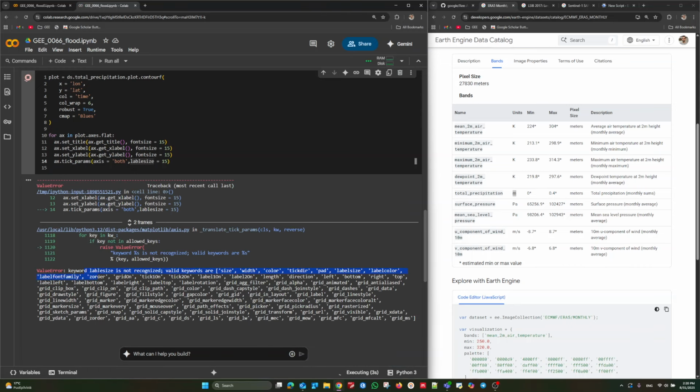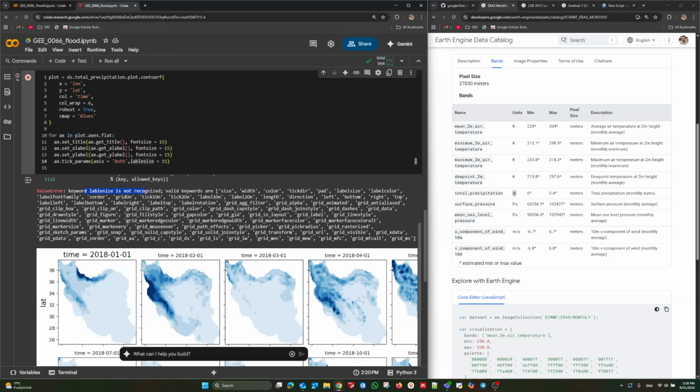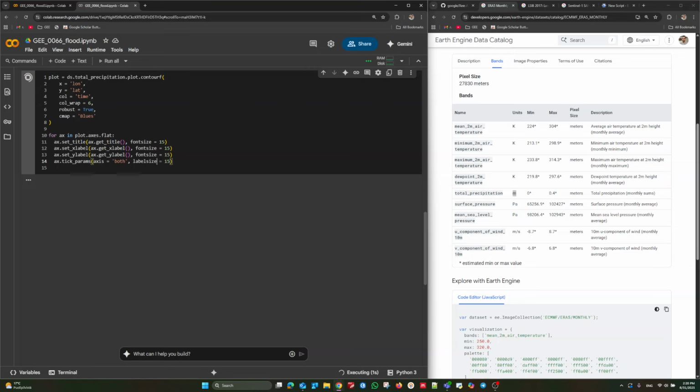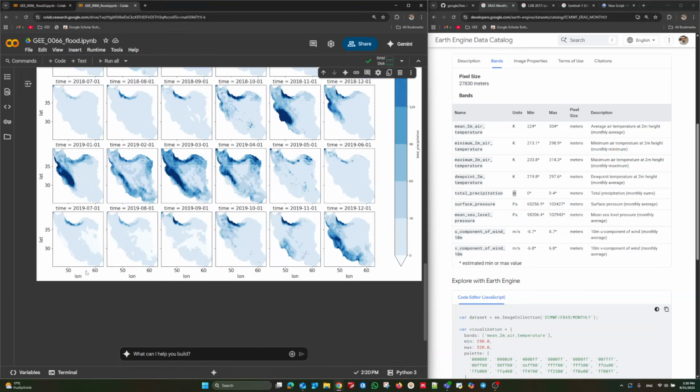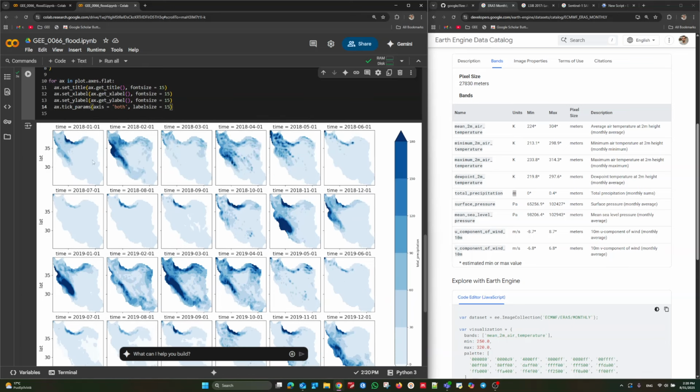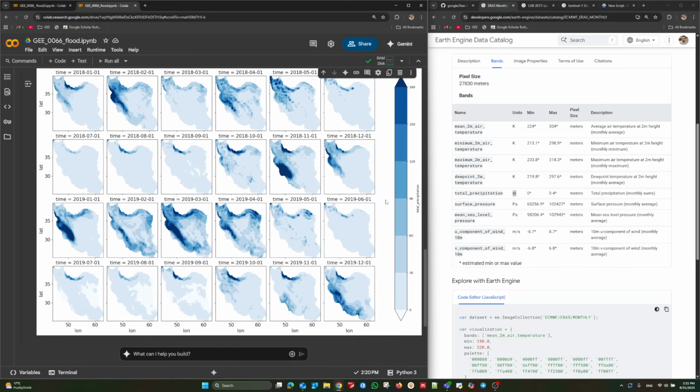Something's wrong. The label size is not recognized. Label size. Okay, the problem is solved, and now you can see the labels with the higher size, with the bigger size at least. So now we have a color map here, and the color map also, you can change the label